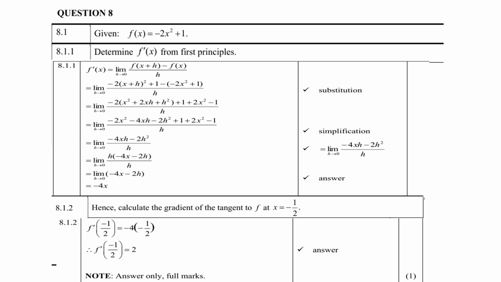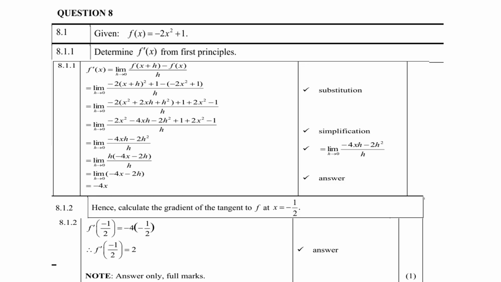Then the minus, and the next step is to replace x with itself. That means the minus 2x squared plus 1 will remain like that. The only difference is there's a negative in front. That is where you should be very careful, people, because if you make a mistake here, the entire problem is going to be incorrect. So the rest is just algebra, where you just remove the brackets, collect your like terms